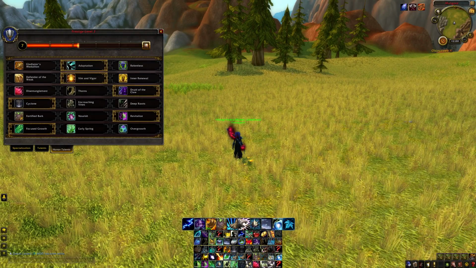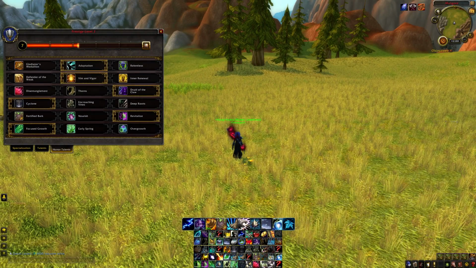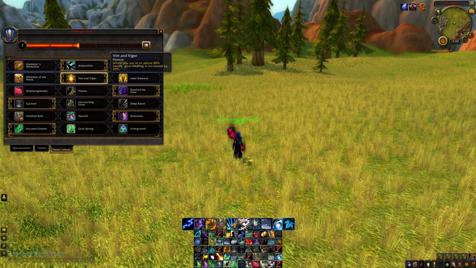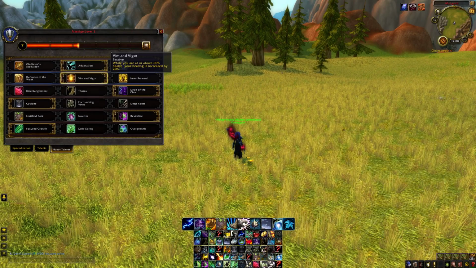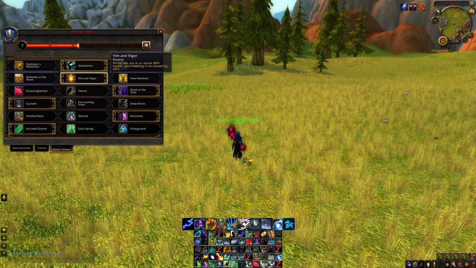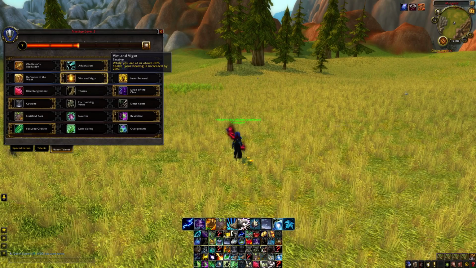But 90% of the time I'll be playing Vim and Vigor. This is the go-to talent. It's really easy to notice the 20% difference. You can try it for yourself, test it out for yourself. Whenever you get dropped below 80%,